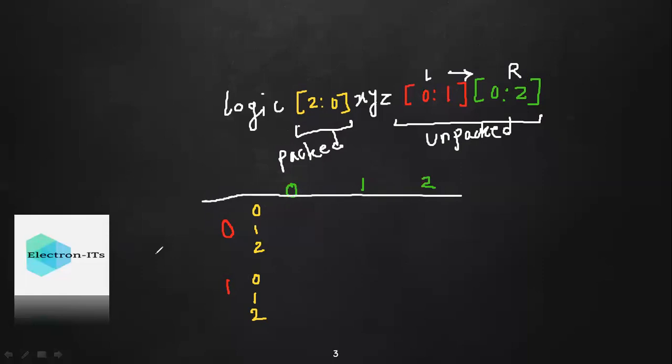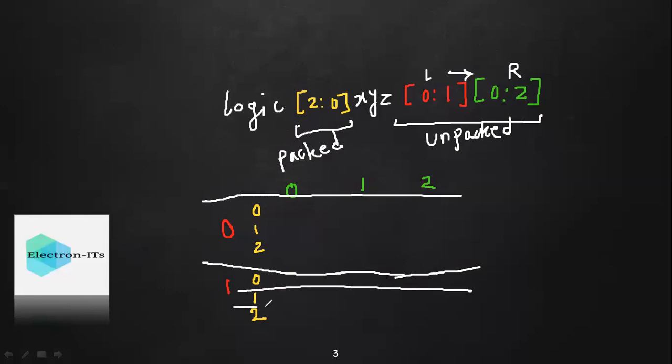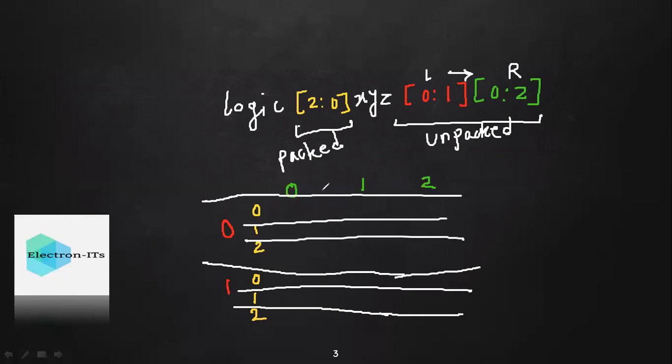So after finishing this your array will look like this. So we have total three rows for 0 and three rows for 1. So three rows for 0 and three rows for 1, and then total three columns. So this is how your array will look like. Now suppose the data is present here, now I want to represent this part.